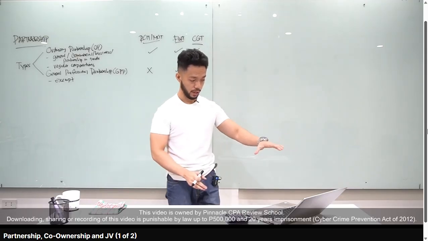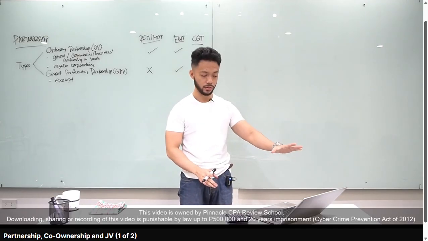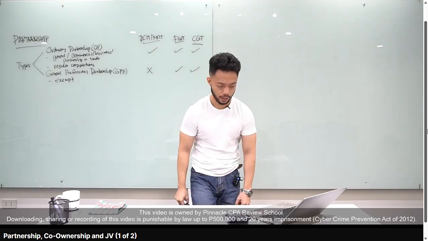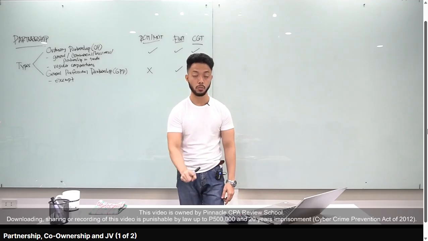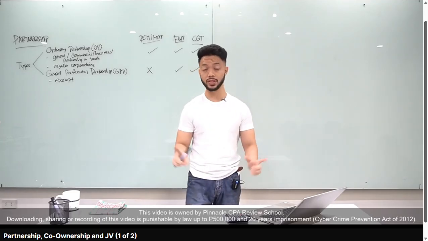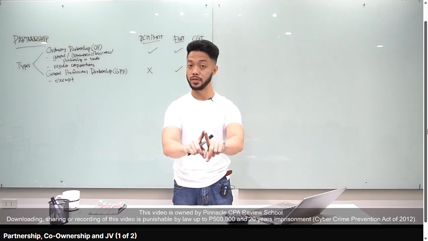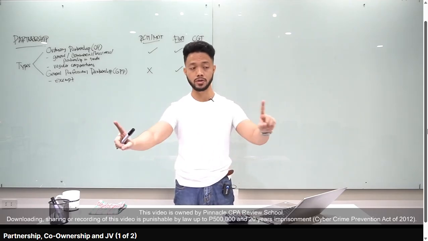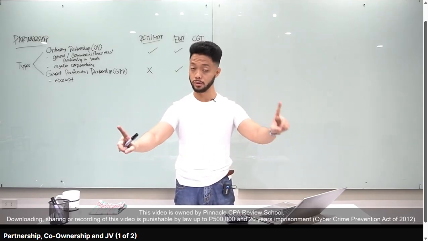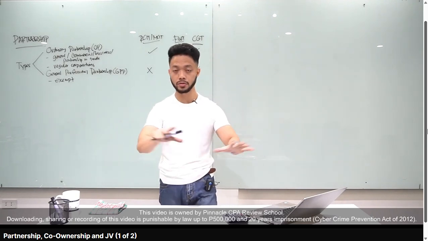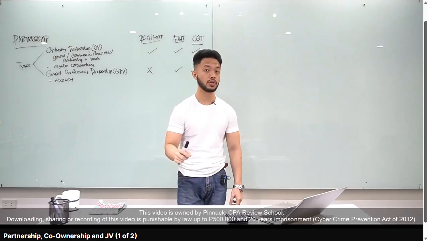As you notice, sa first part, nandyan yung types of partnership, so ordinary partnership and GPP. So under GPP, meron tayong ABC. Okay, may tatlong criteria tayo. Letter A, the partners have a common profession. Okay, common profession. So ibig sabihin class, hindi pwedeng isang lawyer, isang CPA, gagawa ng GPP. Hindi pwede yun. Dapat common profession. Isang lawyer, isang lawyer, okay, o CPA, CPA, mag-form ng GPP. Okay, ibig sabihin class, the partners in a GPP must have a common profession.